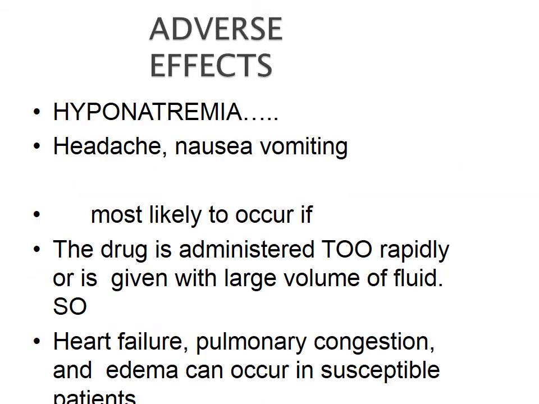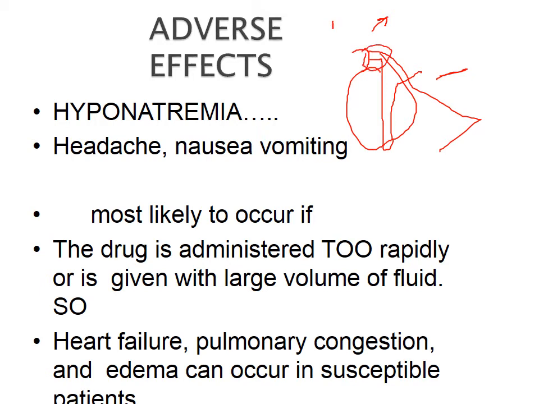Now, if we are discussing the adverse effects, one common thing is that all the diuretics which act on these segments cause hyponatremia, hypokalemia and metabolic alkalosis, except the last one, which causes hyperkalemia. Carbonic anhydrase inhibitors are an exception because they cause acidosis. Otherwise, all of them, basically the loop diuretics and the thiazides, cause hyponatremia.